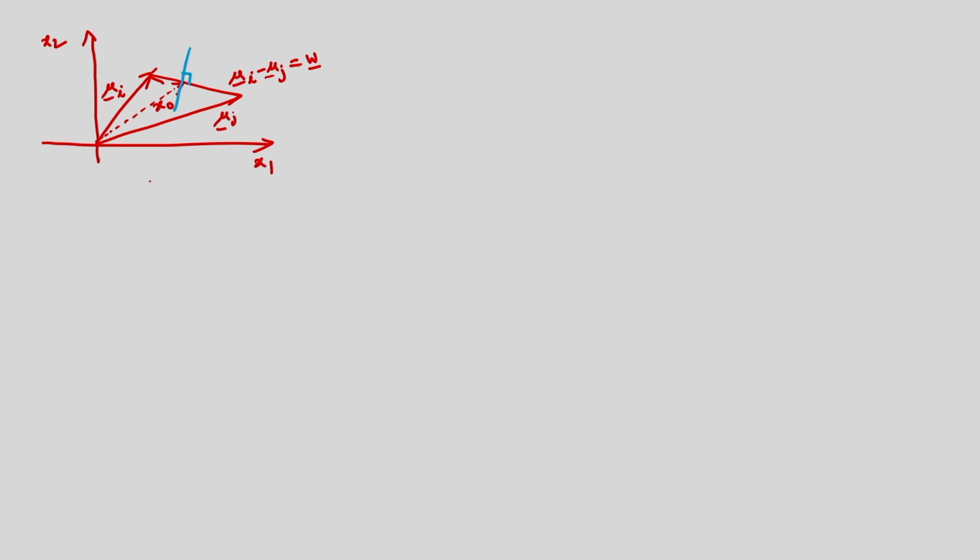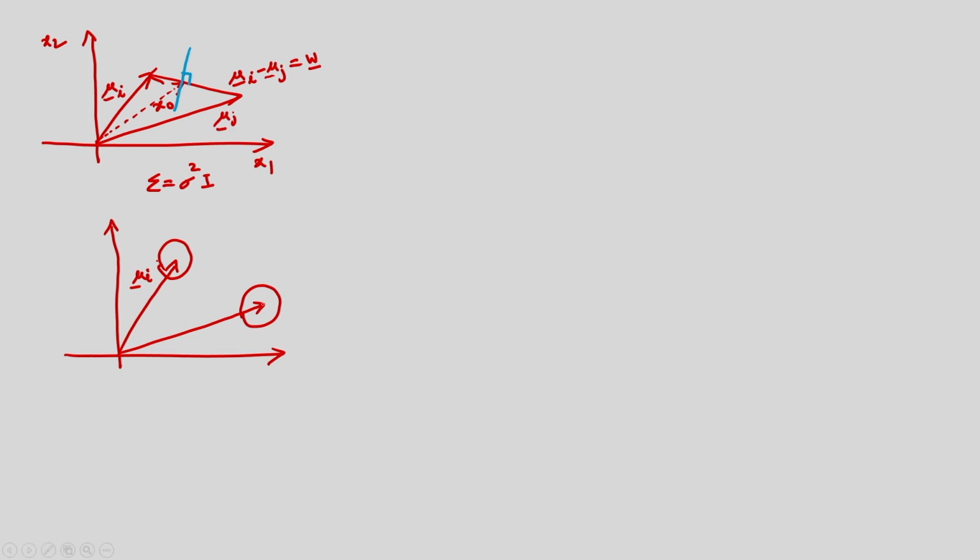And in this case, what I am considering is sigma equal to sigma square I. That means I am considering a diagonal covariance matrix with equal elements. And if I consider these two cases, one is the high variance, another one is the low variance, the small variance, you can see what will happen. So this is the mean of the cluster. Suppose I consider this cluster, so the mean of the cluster is mu I, and another cluster I am considering, this is another cluster, and this is mu j.